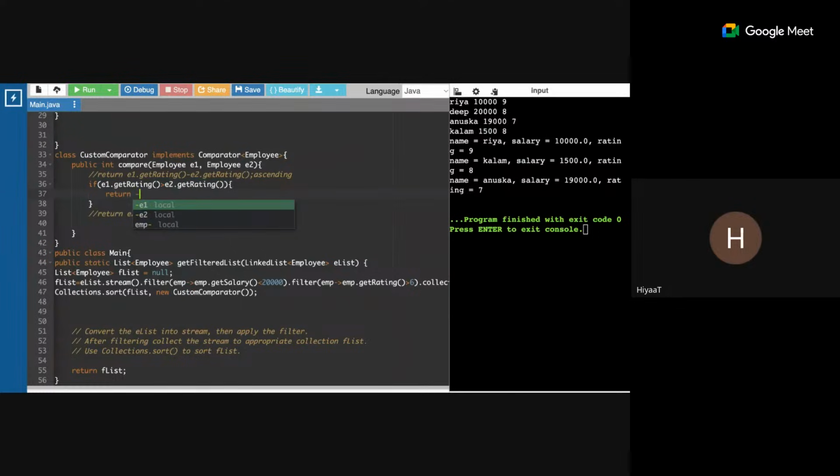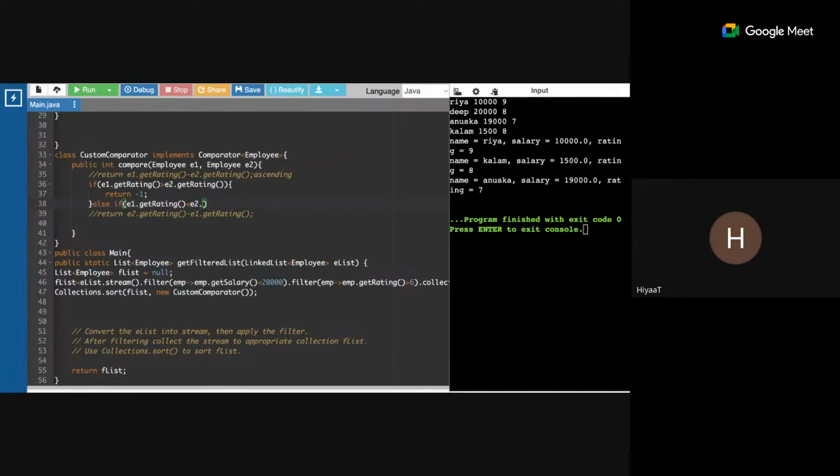So instead of that, return a negative number instead of positive for your descending order. Else if E1.getRating is less than E2.getRating,